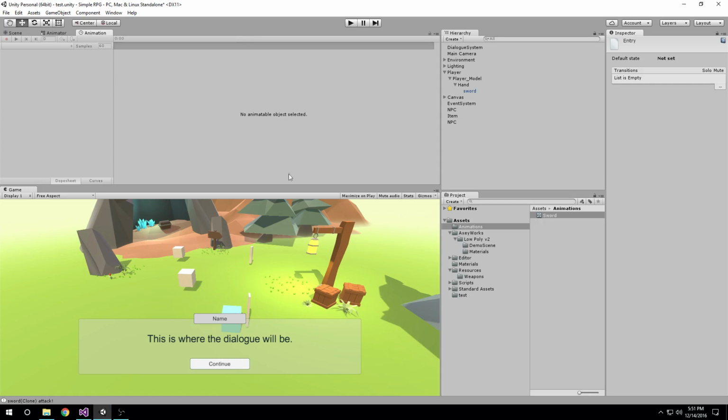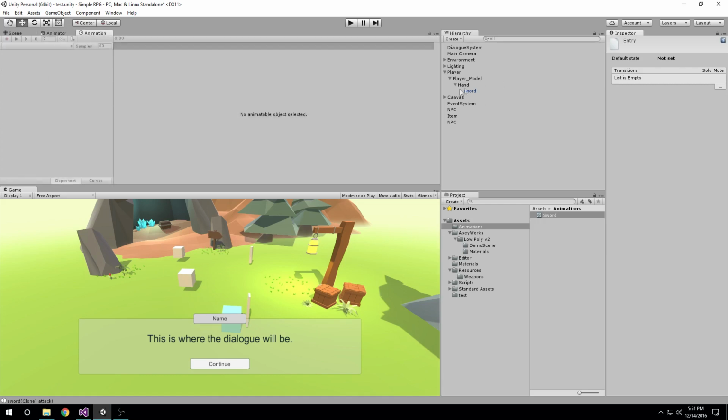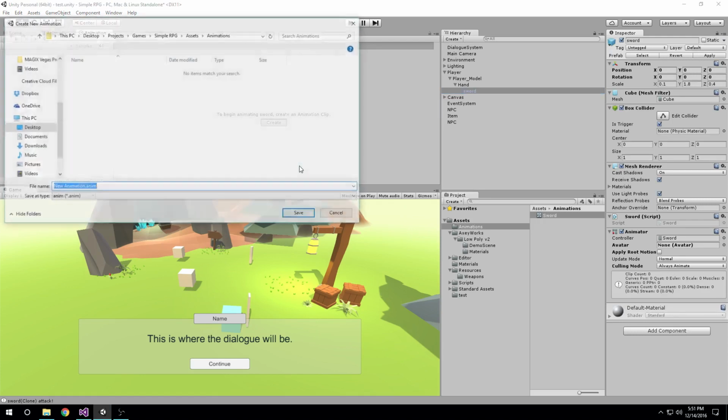Animation is where you can control your keyframed animations. Animator is where you can handle the animation clips the animation creates, and you can transition from each clip. So, in animation, I want to select sword. And notice this changes and says, hey, there's an object created, you want to create an animation clip for it. And I want to hit create on that. And it's going to open up my Explorer here,